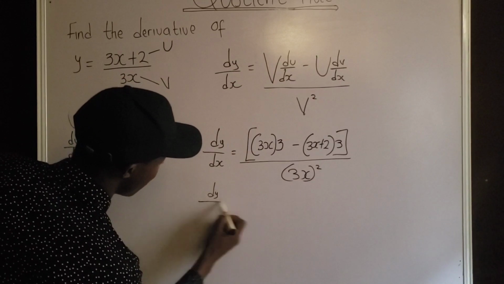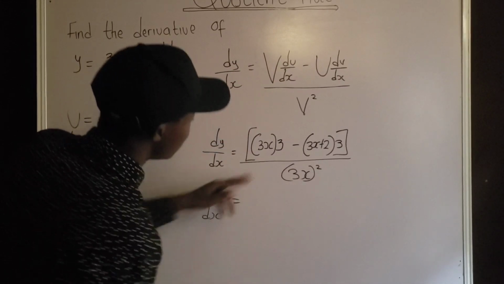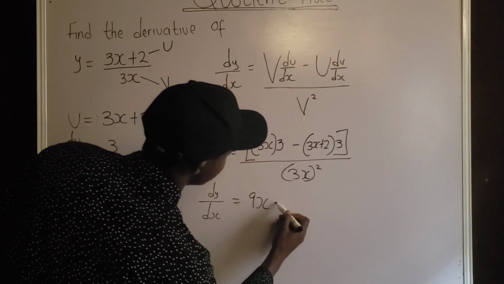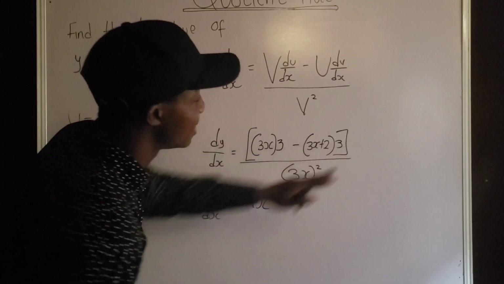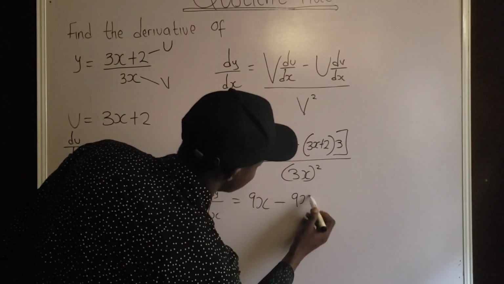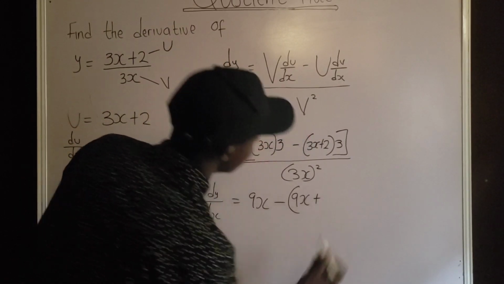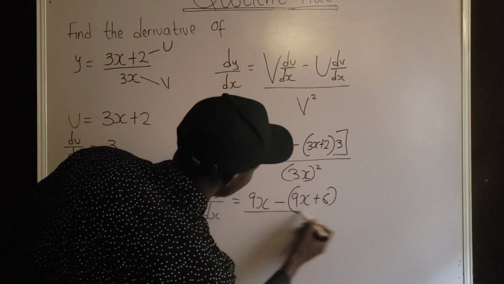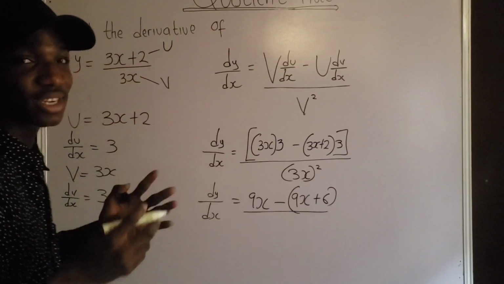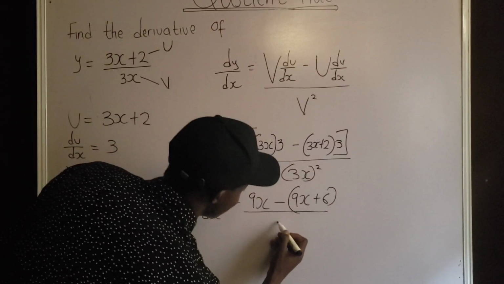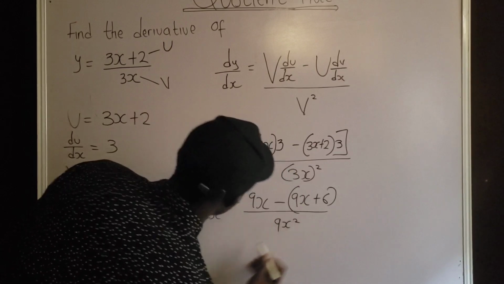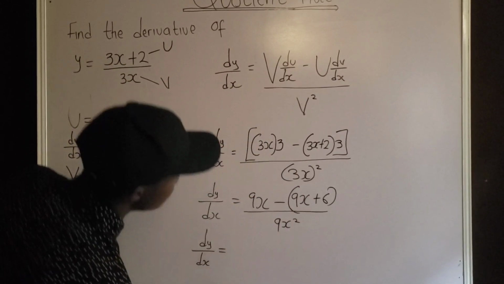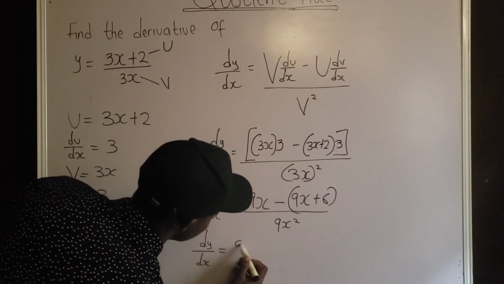So dy over dx is equal to 3x multiplied by 3, that is 9x, minus 3x multiplied by 3, that is 9x, plus 3 multiplied by 2, that is 6. So all over (3x) raised to the power of 2, that is 3 times 3, 9, and x times x, that is 9x squared. So dy over dx is equal to 9x minus 9x